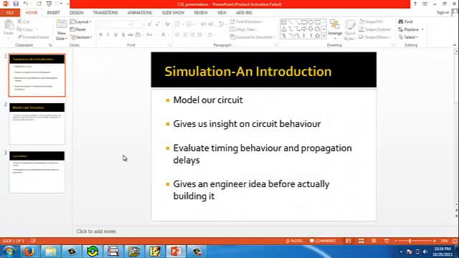Mixed analog digital simulation using PSpice. Let me give a brief introduction on the importance of simulation. Simulating a circuit's behavior before actually building it can greatly improve design efficiency and provide us insight into the behavior of electronic circuit design. We can also evaluate the timing behavior of our design as a function of component propagation